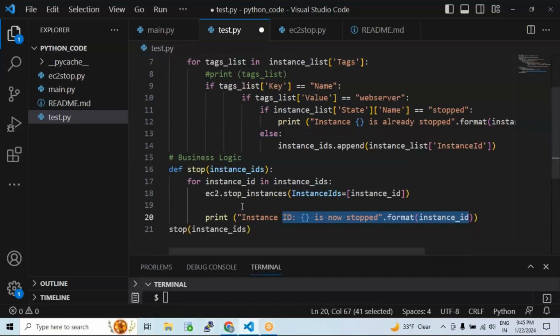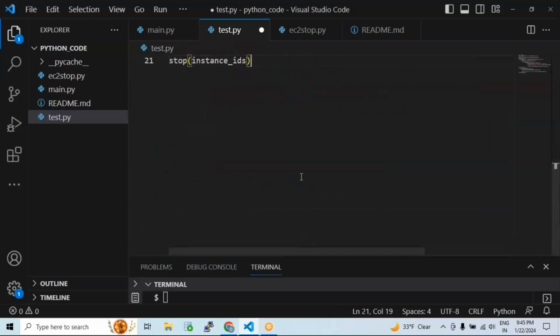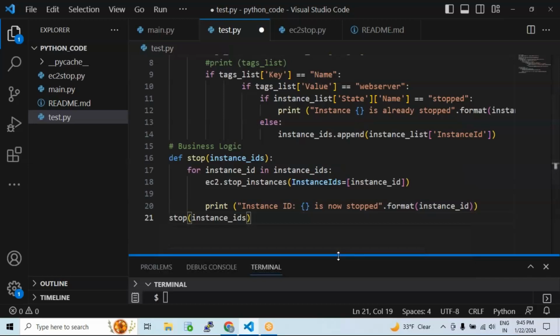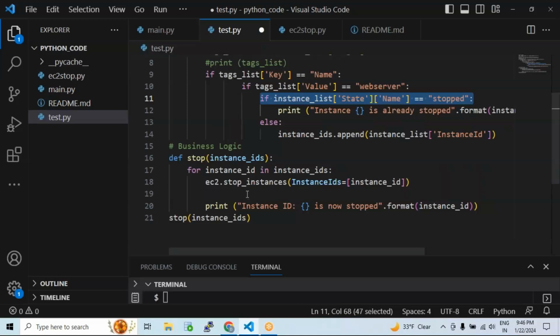Of course. Now again, I need to ask my Python, hey, go and get the status, correct? So this is line number 11, that I need to repeat again here. The line number 11 cannot be used as it is, right? In this case, I have the instance ID with me, correct? I know the instance ID that I have stopped. Now I want to know which state this instance is currently in. All you can do is